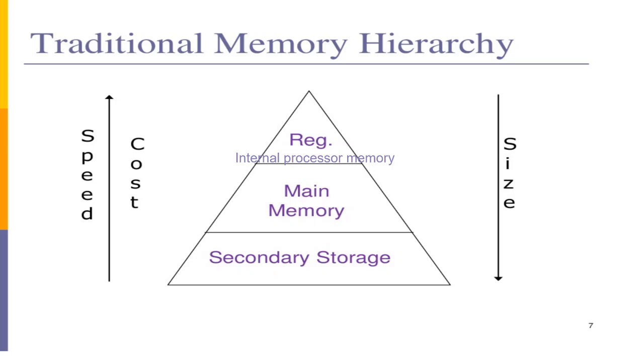Secondary storage is a magnetic tape, magnetic disk, or simply your hard disk and all those things. Whatever you are storing for longer use, in the longer run. And you can see that since it is at the bottom, the size increases. The base of the triangle is widening up, so the tool using this has a bigger size compared to the rest. So that is the traditional memory hierarchy.